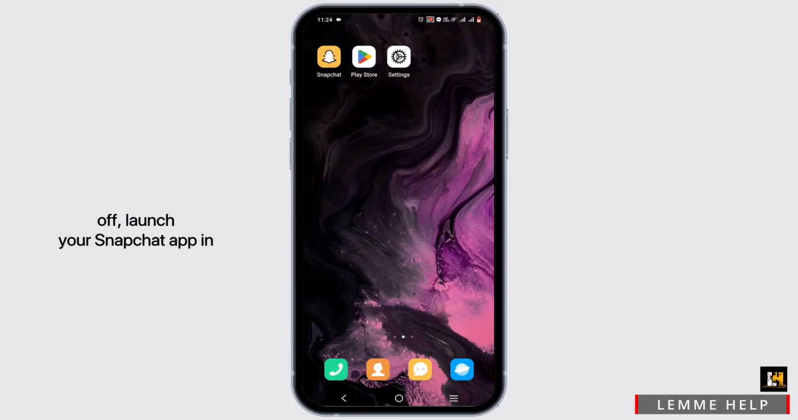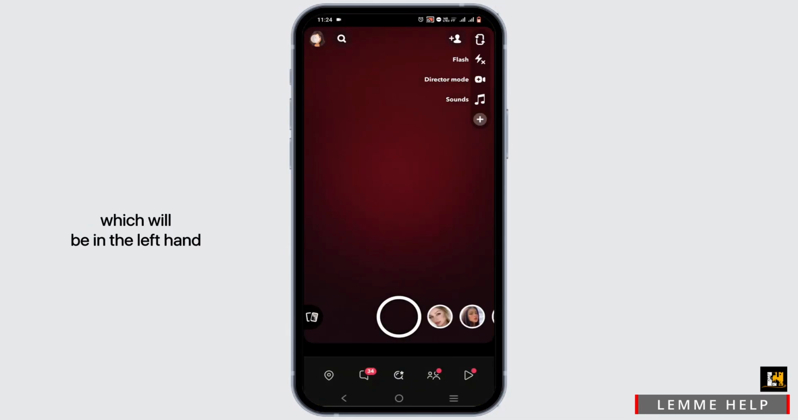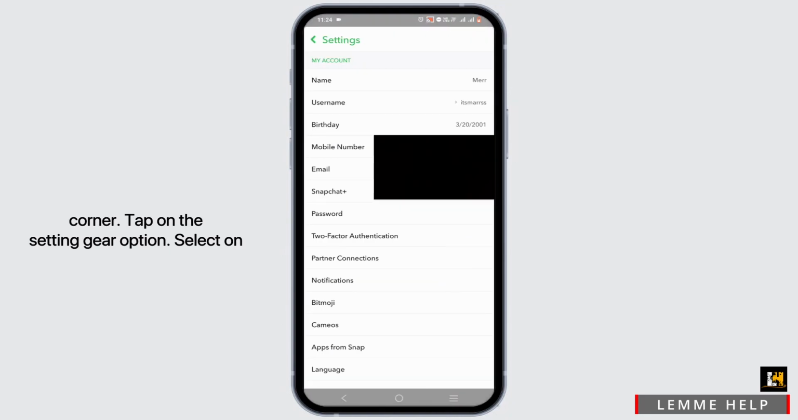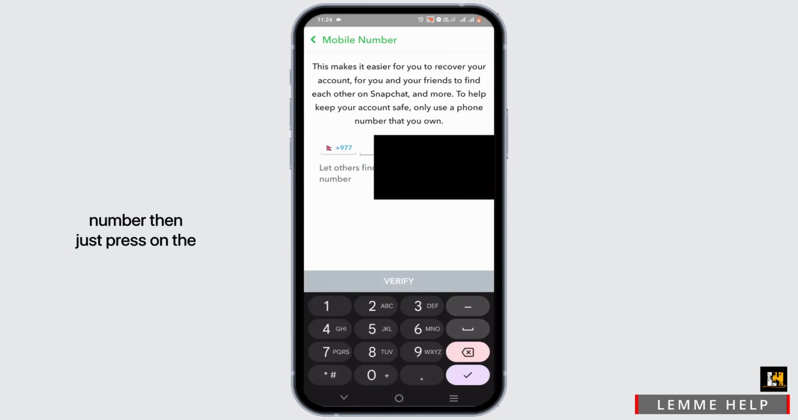Starting off, launch the Snapchat app on your device. Then head to the Bitmoji option, which will be in the left hand corner. Tap on the setting gear option. Select your mobile number. Now in here, to delete it, all you have to do is select the number, then press on the